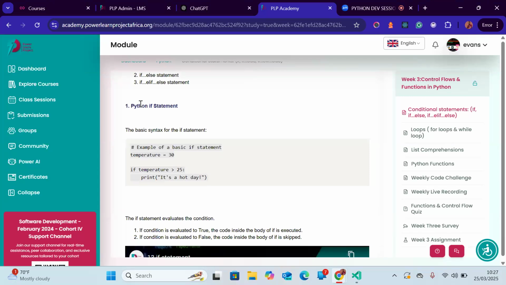Now, how do you write an if statement in Python? The first condition. This is how we do it. For example, we are going to measure maybe the temperature of a place. Okay. Let's go to another example like the weather. If the temperature is more than 30 degrees or whatever measurement that you are going to use, right? If the keyword if, temperature is greater than 20, 25, whatever temperature that you set, then